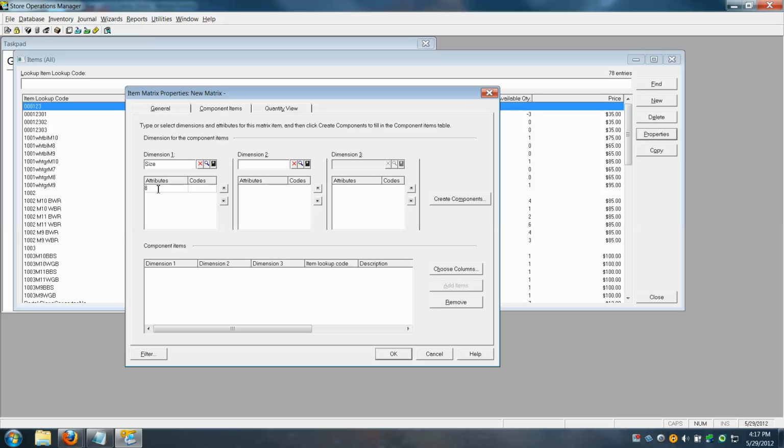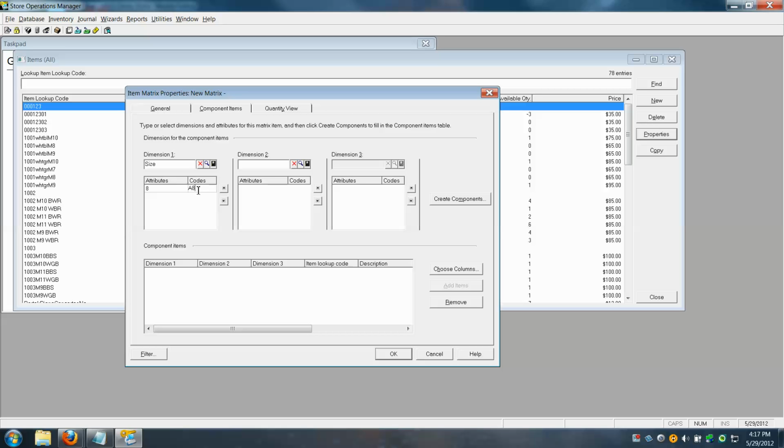The attributes will display on your product page, so you need to be sure that there's something that's going to be meaningful to the customer. Just know that it is going to appear on your product page. The code can be whatever you want. I'm just going to add A8,